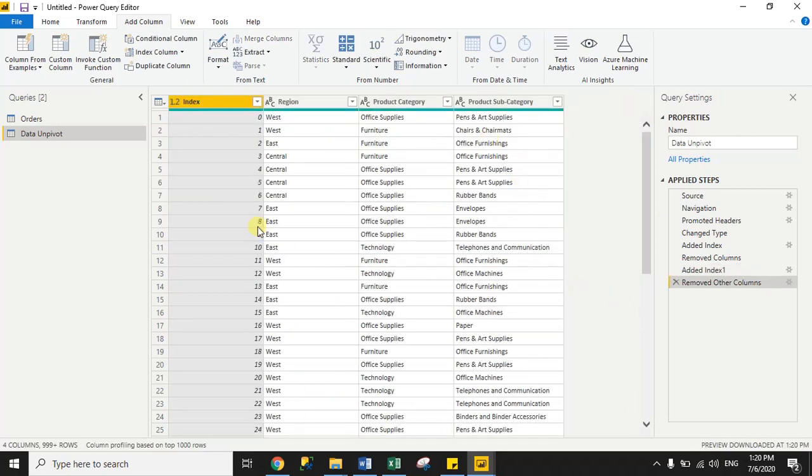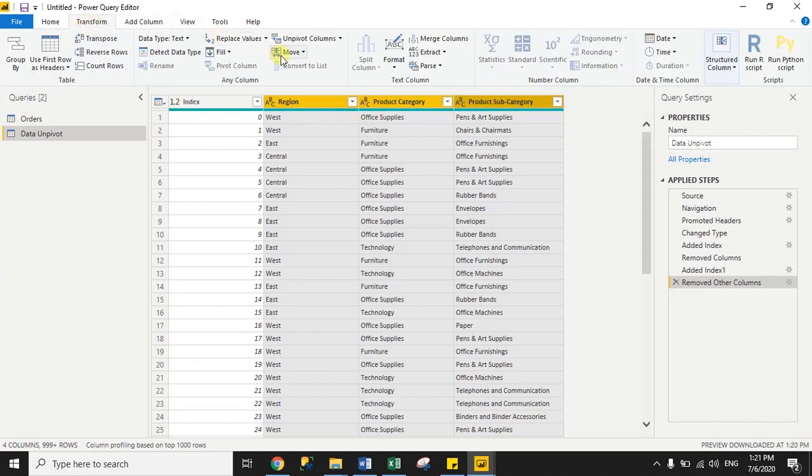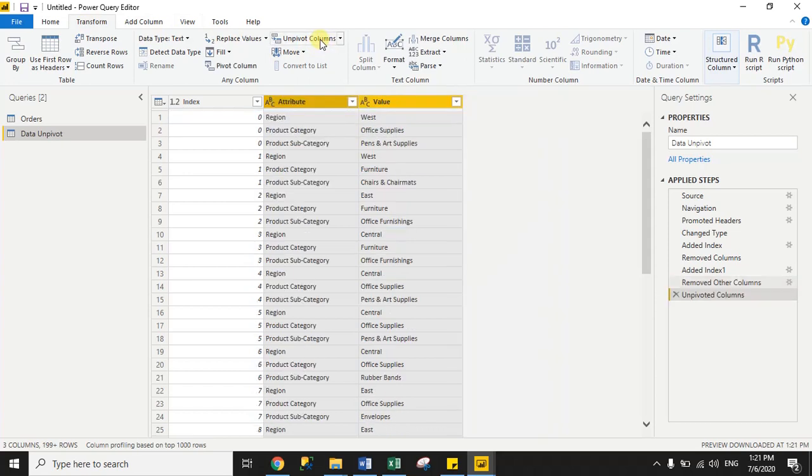So you can see here in second data set I select only four columns. One is index, second one is reason, third one is product category, and then product subcategories. Now we will unpivot the column for reason, product category, and product subcategory. So using control key you can select all three columns, then go to transform, and here we have option unpivot the column.